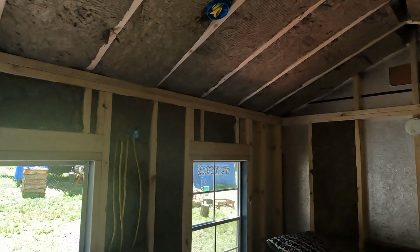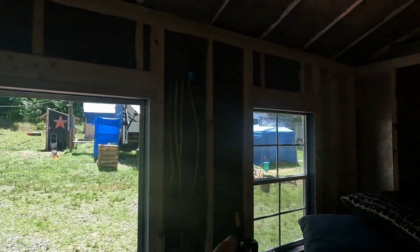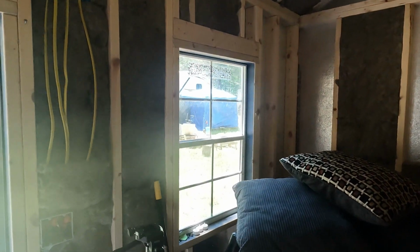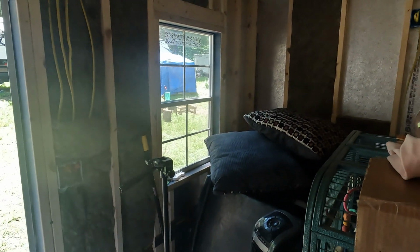Alright, so hopefully you can see that, but that's basically one wall done. I still got one little piece there, and then one little tiny piece there, those two there, and then the one right underneath the window with that little tiny one. Obviously I'm going to have to move the couch again, and then,